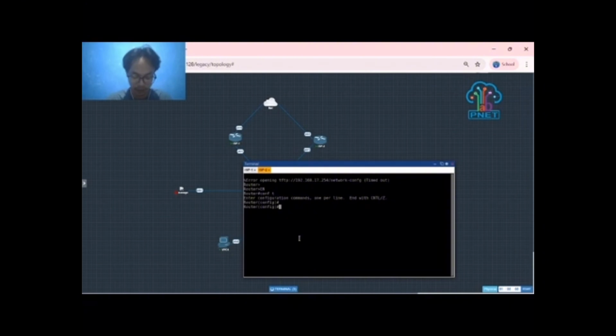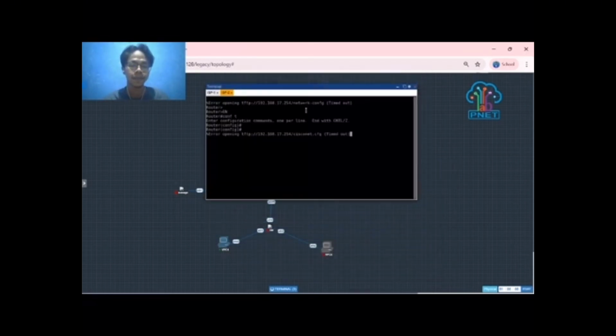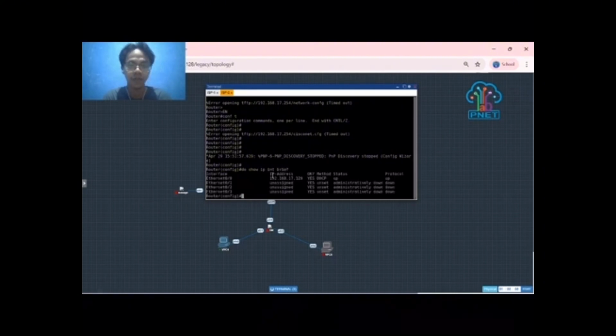Use the command show ip interface brief to check the IP address.